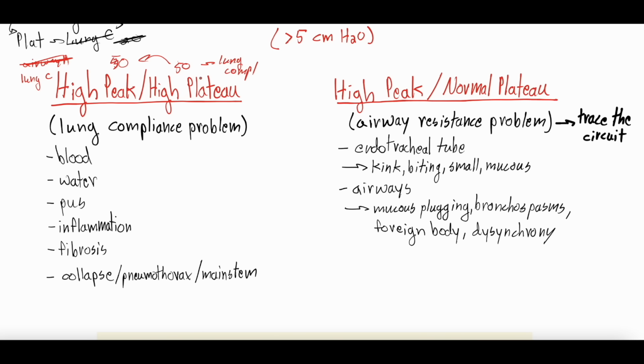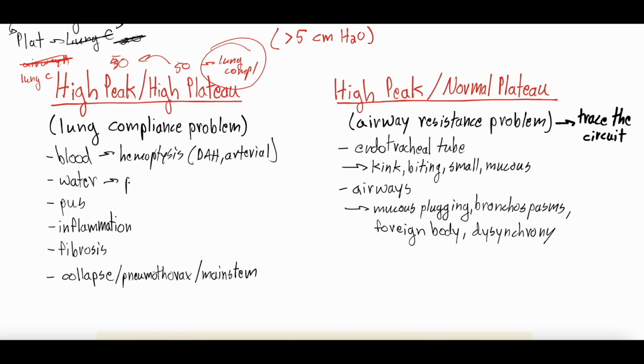And that is the pathophysiology that's leading to that high peak and high plateau pressure, abnormalities in lung compliance. And those abnormalities, the easy way to think about it is kind of blood, water, pus, inflammation, fibrosis, right? Blood being things like hemoptysis. If you have blood within the lung parenchyma itself, hemoptysis isn't the disease, but it can be caused by a number of things, right? DAH. It can be from any type of arterial bleeding in the lung, right? So blood in the lung can cause abnormal lung compliance, right? Because that blood gets in all those alveoli, clogs them up, doesn't allow them to distend as they would normally,